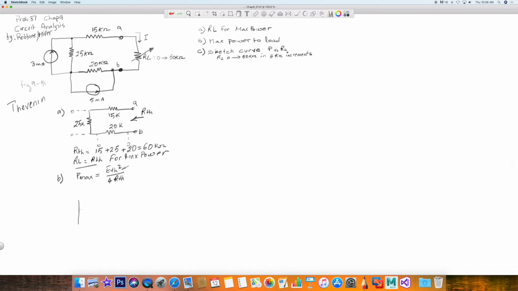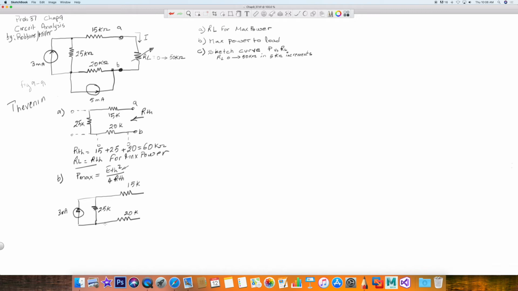So here's my current source right here of 3 milliamp. And here is my 25K resistor. Here's my 15K resistor here. And do not forget, you still have another network. And let's erase this here. And you have a 20K right here